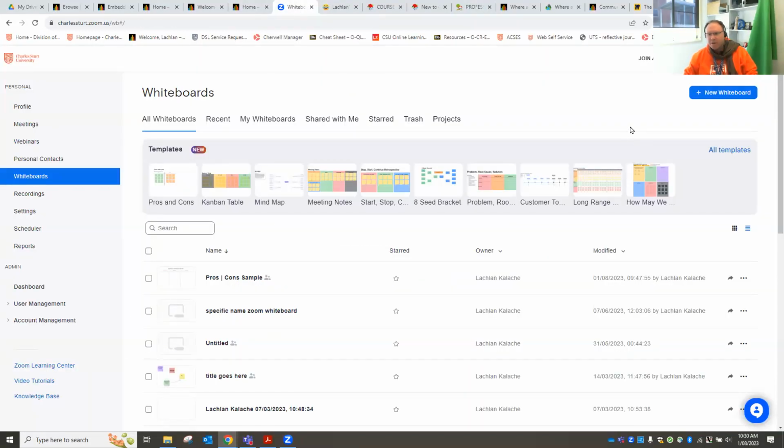Okay, Zoom Whiteboards. We're going to race through this one so we can spend some time on Miro. Zoom Whiteboards, basically, if we start with the idea that we have a whiteboarding tool within our online meeting space, which any host will then be able to access through their Zoom settings down the bottom. What I want to show you is that, in fact, your whiteboards all exist in the back end of Zoom when you go to